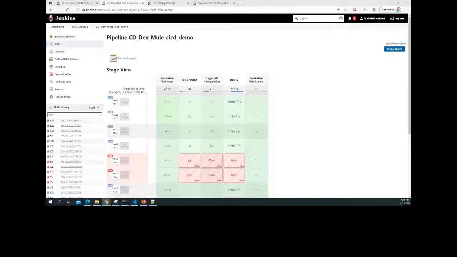So do we need to specify Nexus details in POM XML? Abdul, no, because that is something you already did as part of settings XML. So no need. Your POM XML will be the default one, which will work.